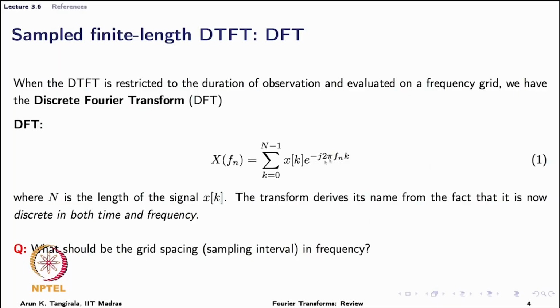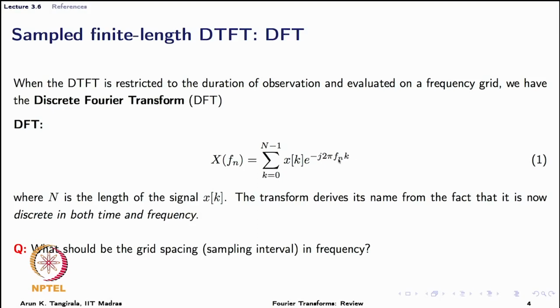So, now the subscript n enters the formula. Earlier in the discrete time Fourier transform, the frequency axis is continuous. Now, because I am going to compute it over a grid, like in numerical integration and so on, now I have f subscript n. This n keeps track of the grid point at which I am evaluating the Fourier transform. So, this is not much different from the discrete time Fourier transform. It is taking birth from DTFT by restricting it to the interval of observation and evaluating it on the grid. So, the expression is more or less the same.